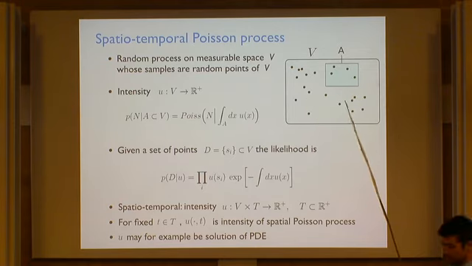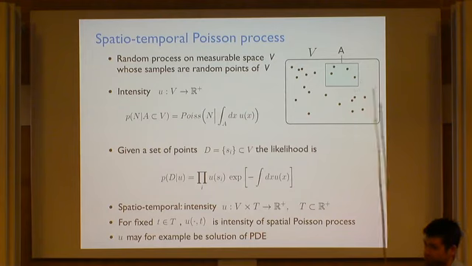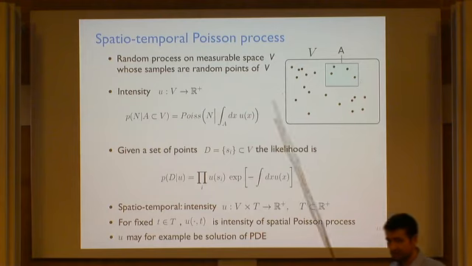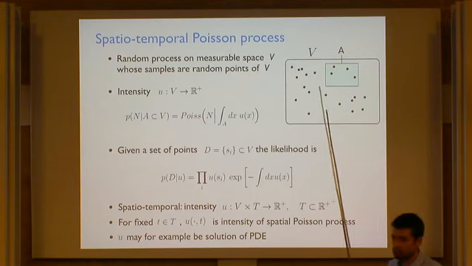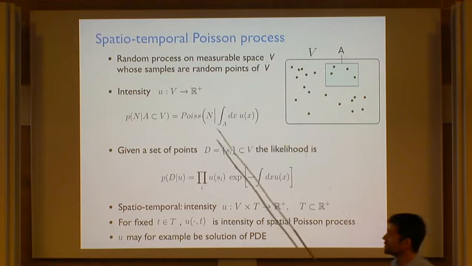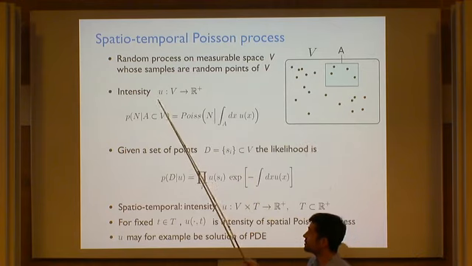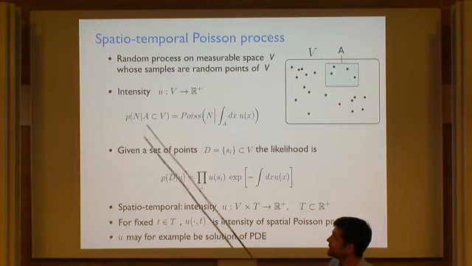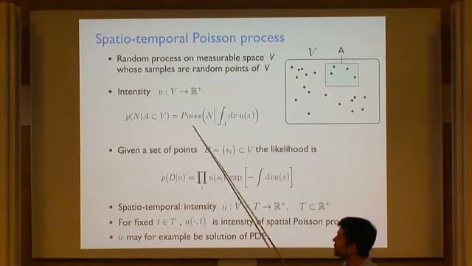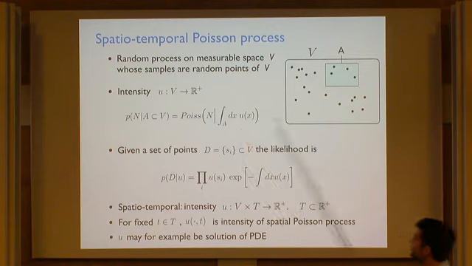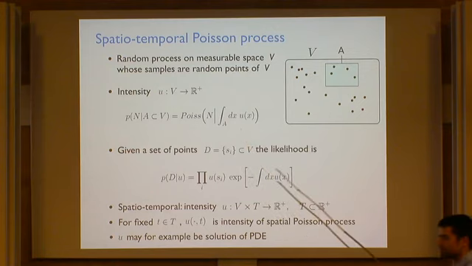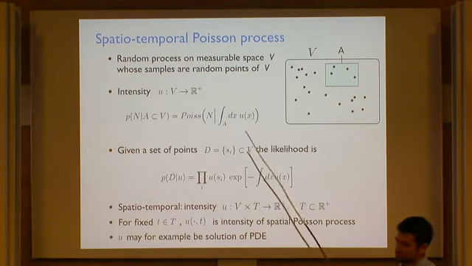Random points in space. Well, this is really just a point process, right? The Poisson process has the property that in any sub-region, the number of points is a random variable that is Poisson distributed. And if we assume that the process can be characterized by an intensity function, then the mean value of this Poisson distribution is just given by the integral over the intensity function. Yeah? So we can take any subregion, it's a Poisson random variable, with mean given by the integral of the